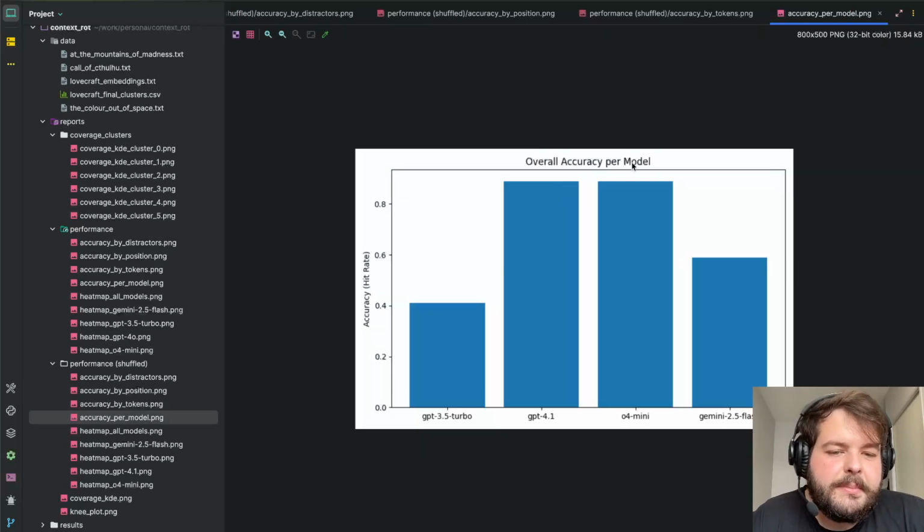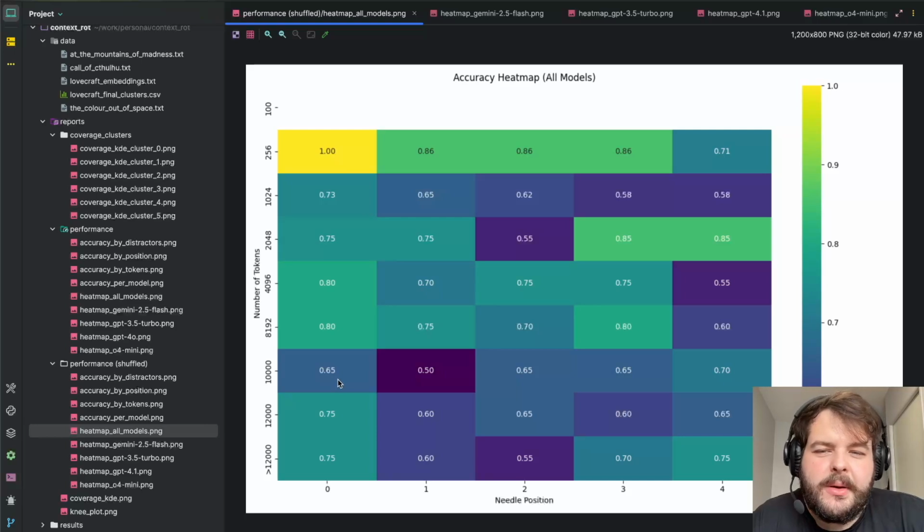The overall accuracy per model, so GPT 4.1 and o4 mini were the best for this experimentation. Gemini 2.5 Flash performed a little bit worse, and GPT 3.5, which is a little bit outdated nowadays, the performance is way worse. For the heat map, we can still see that the accuracy is a little bit better when we have lower context. Also, when we have higher context, the first segment performs better, but it's not really clear